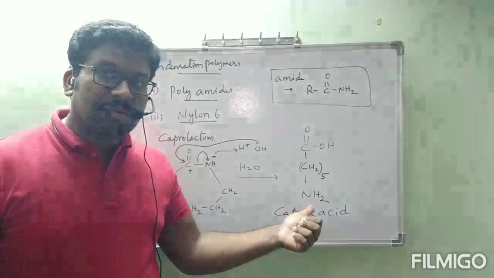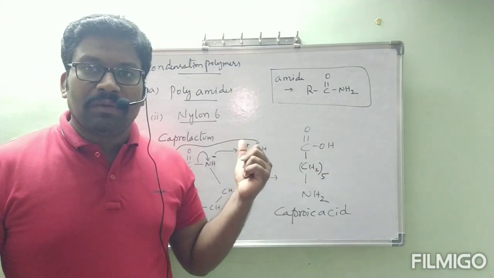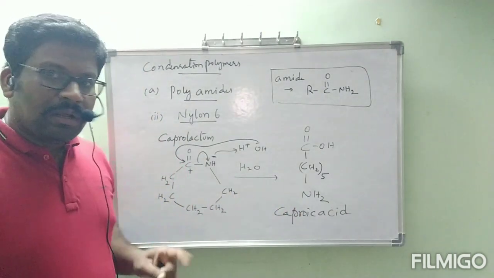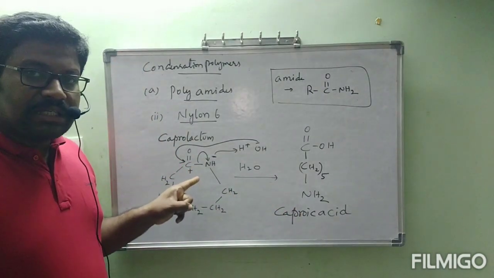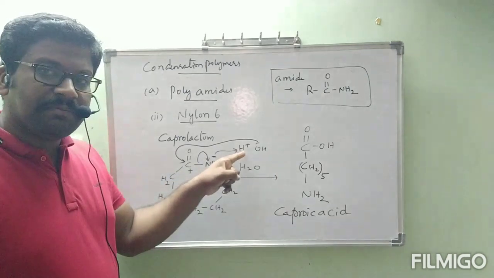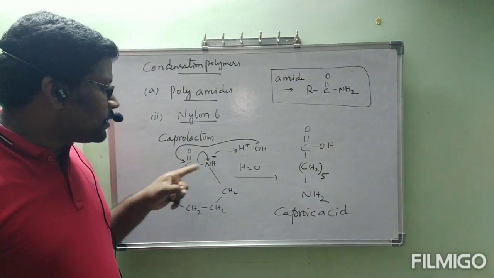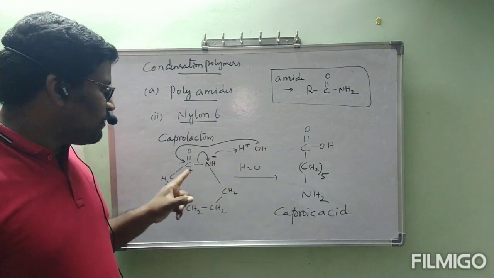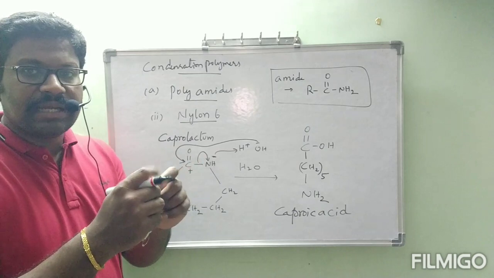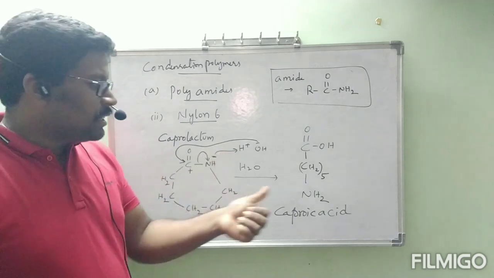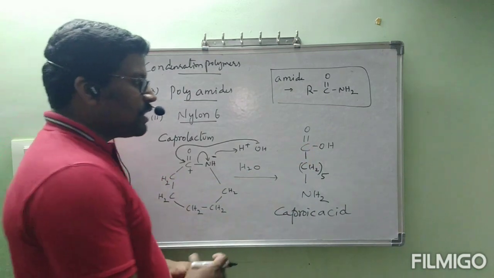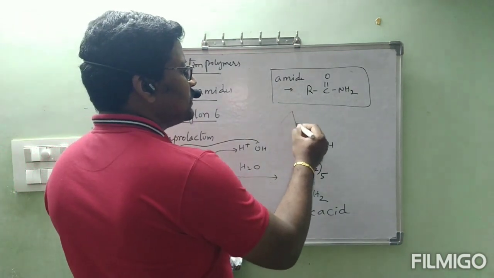Now this one will undergo polymerization. How it will undergo polymerization, I will show now. Before that, are you clear, everyone? This bond is cleaved. Simply H plus and OH minus are added. N minus will attack this H plus, and C double bond O is attacked by OH minus to form COOH and NH2. Simply that closed chain is broken. It will get two functional groups: one side an amine group and the other side a COOH group. This is one of the examples of an amino acid.